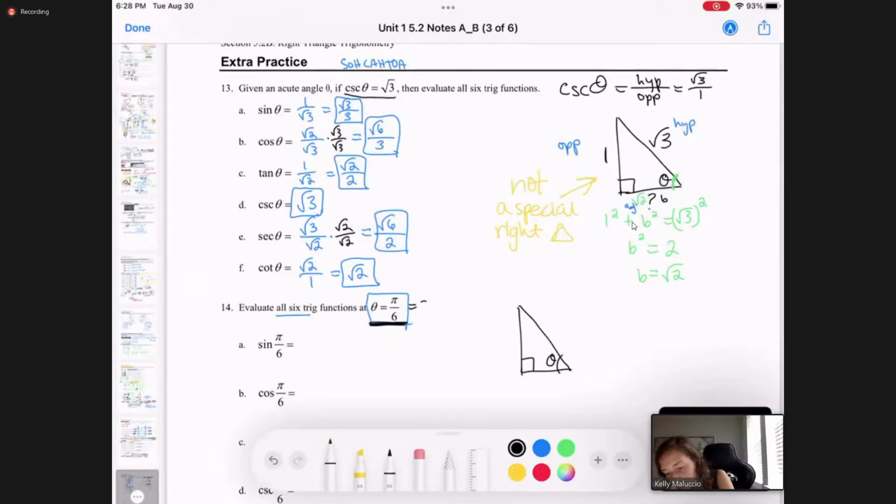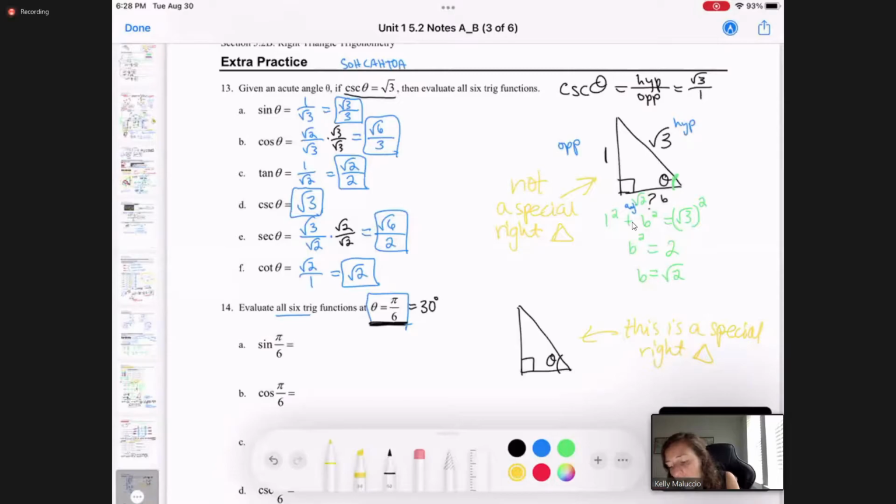Pi over 6 is the same thing as 30 degrees, which means that this is a 30, 60, 90 triangle. So I'm going to say this is a special right triangle. Not that it really matters, but it helps you. Well, it means that you're not going to use a calculator to find these. You want exact answers, but also